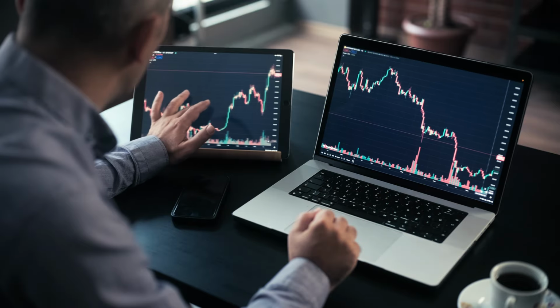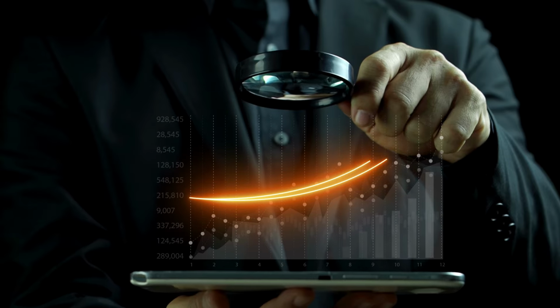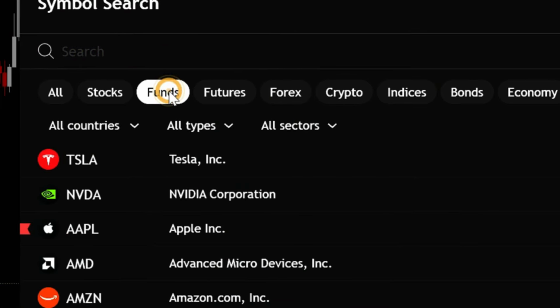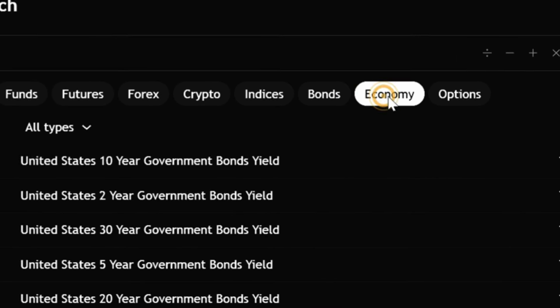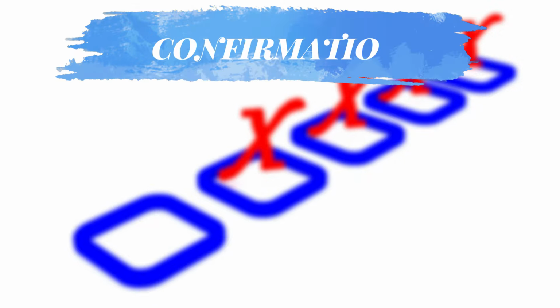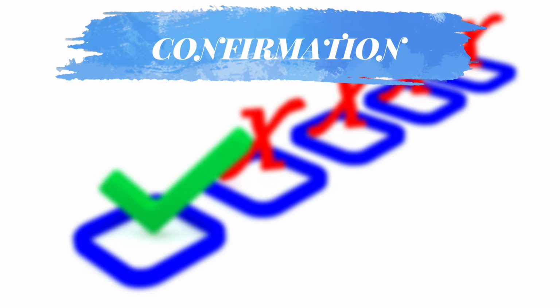Boom, two signals just lined up, timing and momentum. Most traders would completely ignore this, but that's exactly where the cleanest trades happen. Listen up, you only take trades when both agree, and suddenly charts across crypto, forex or stocks start making sense. Signal, a stop loss, take profits, plus one confirmation, and I'm gonna break it all down for you in a